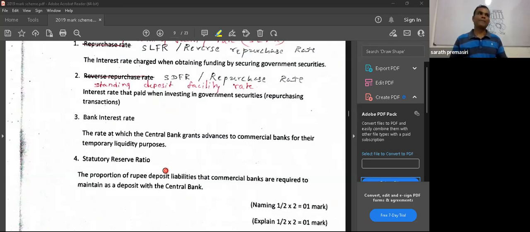Now, as far as current accounts are concerned, that rate is 10% up to 40%. Out of total deposits of current accounts, 40% should be kept without lending money to the outsiders. So if 40% is commanded by the central bank to be kept as a statutory ratio, commercial banks are having only 60% to be given as loans.